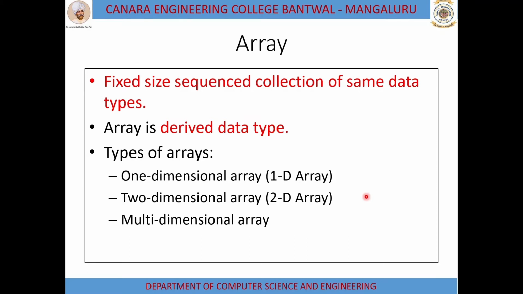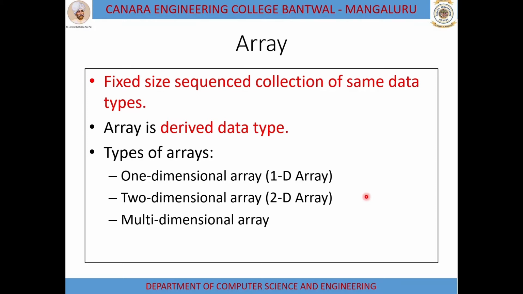So it can hold 4 values. 4 students can sit on that particular bench. All 4 are students, similar data types. Similarly, if you take all the benches in the class together, then it represents a two dimensional array with multiple rows and multiple columns. So more students can be accommodated in the class, that is a two dimensional array.